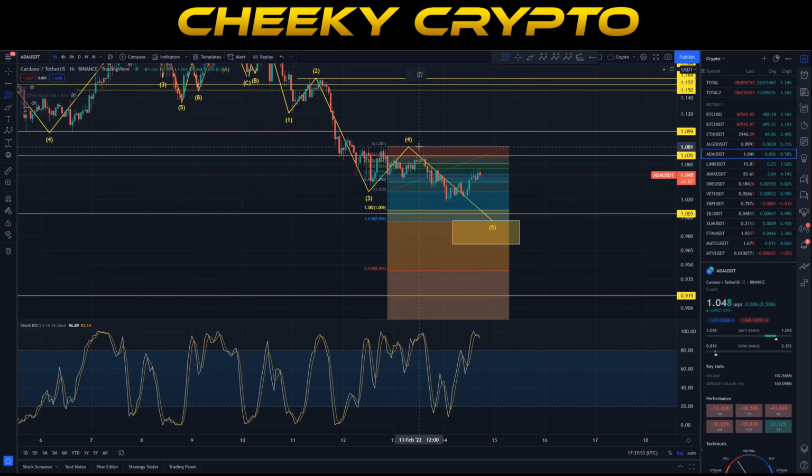Now, obviously, as we can see that this is an entire A wave here with a B wave up, the C wave is also probably going to bring us down. And again, we can actually measure this, move it over to that top that we were just talking about. And here we also get the same level, right? So we have the 1.618 of the measurement of our fourth wave, taking us down to 99.6, and the C wave measurement here on a larger scale, so A, B, and C, takes us down to 99.9. So right here in this sweet spot, we are likely to see Cardano come down to.